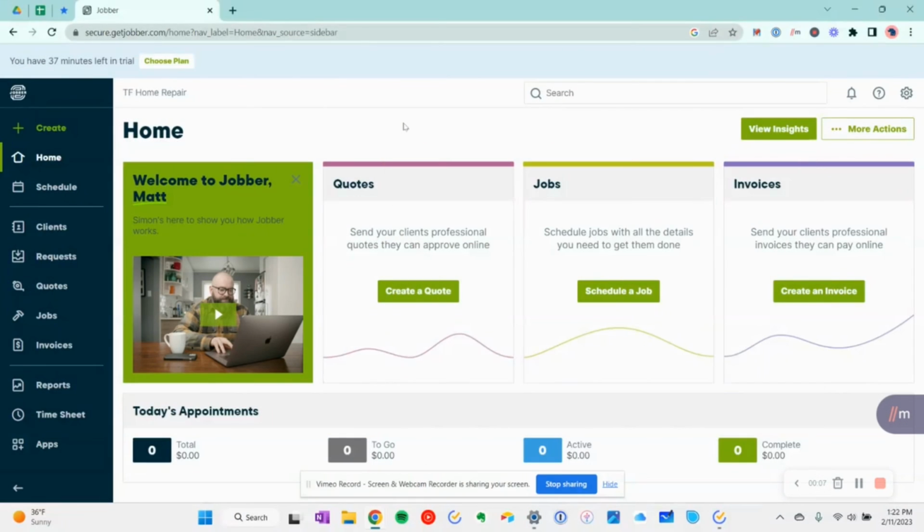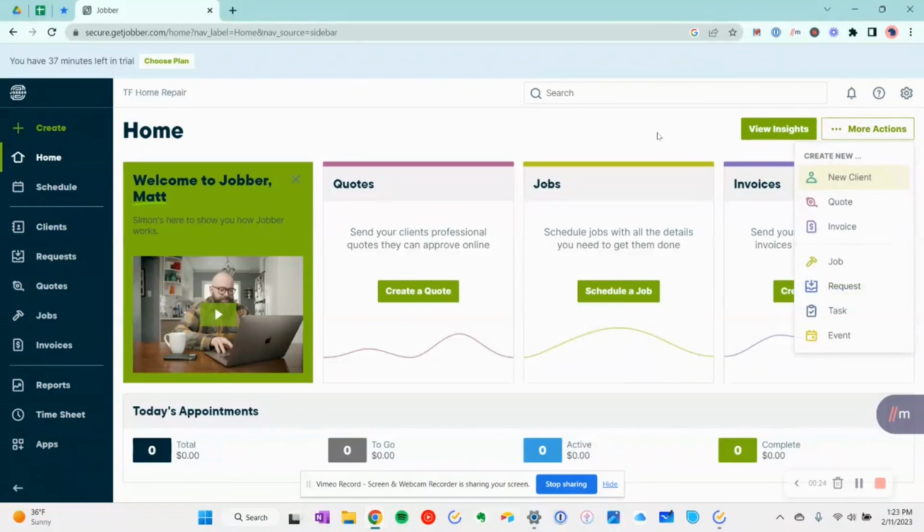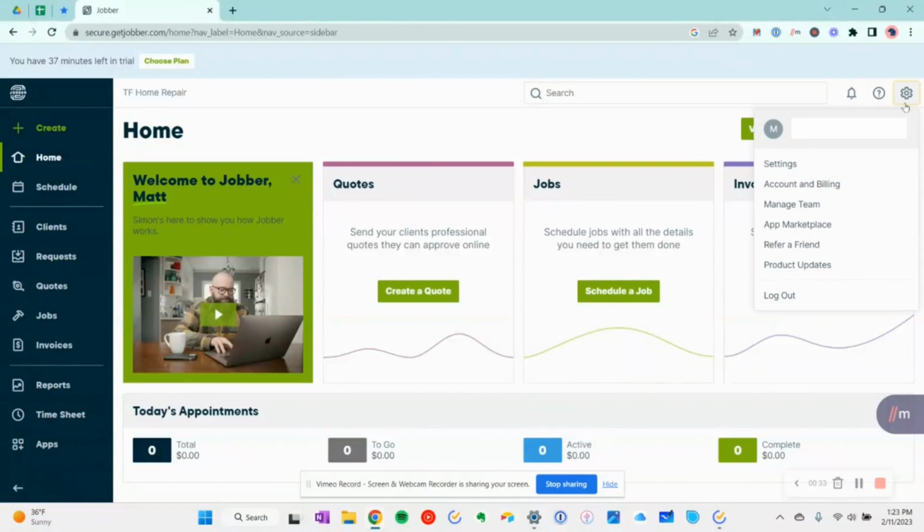All right, so this is the Jobber desktop version, and I'm just gonna briefly take you through some of the features that I think really make this software great and some of the things that I think are missing from it. So right off the bat, you can see it's got a pretty clean interface, and there's a create button, more actions button, and a few buttons down here. So as soon as you log in, you can jump right into it and do what you need to do. But we're gonna first head over to settings,